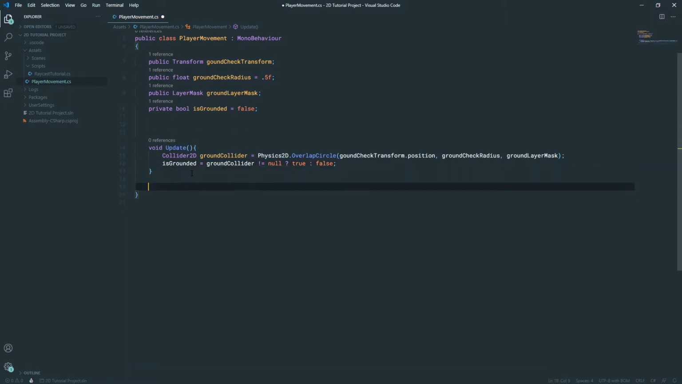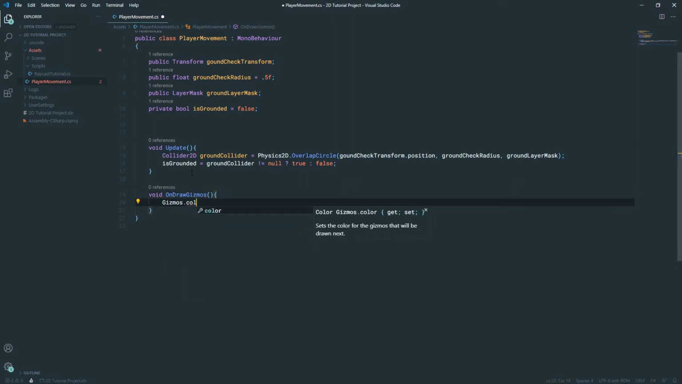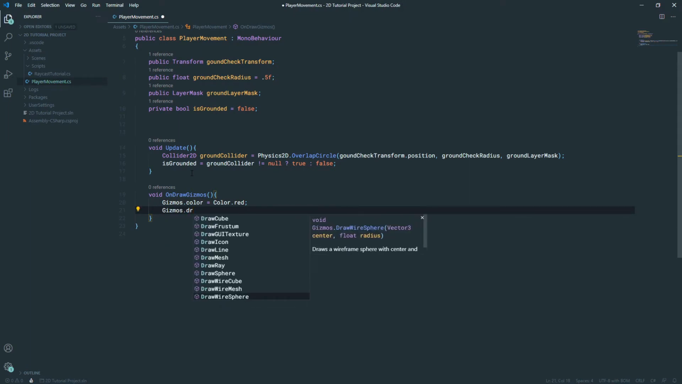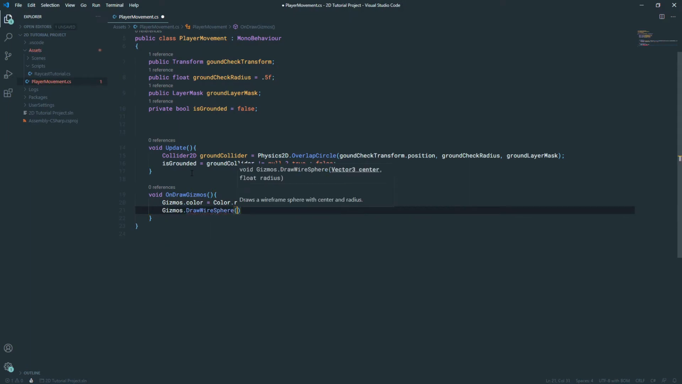Now, the last thing I want to do before we go into Unity and check this out is we want to actually draw this on screen. We want to be able to see what we're looking at. So we're going to use a void OnDrawGizmos, and we'll set our gizmo color. So we'll say Gizmos.color is going to be equal to Color.red, and then we're going to use Gizmos.DrawWireSphere. So we'll actually draw a red wire sphere on our screen, and this just takes a position. So we'll say ground check transform,